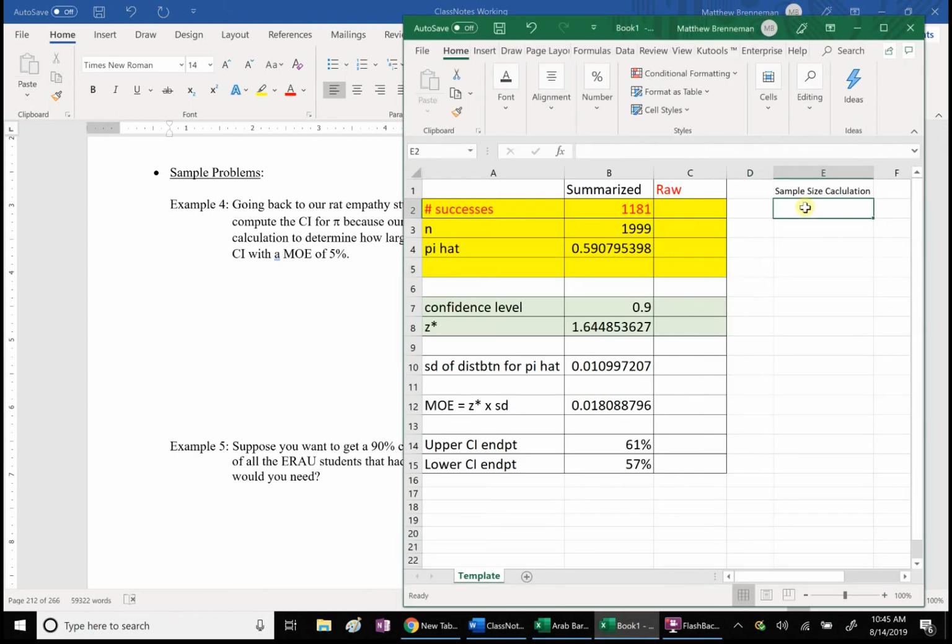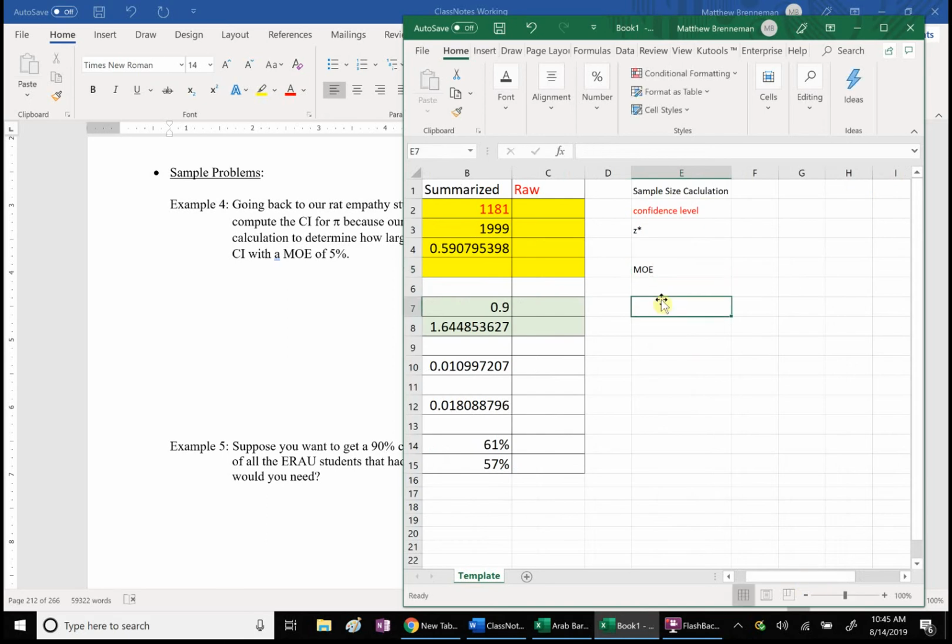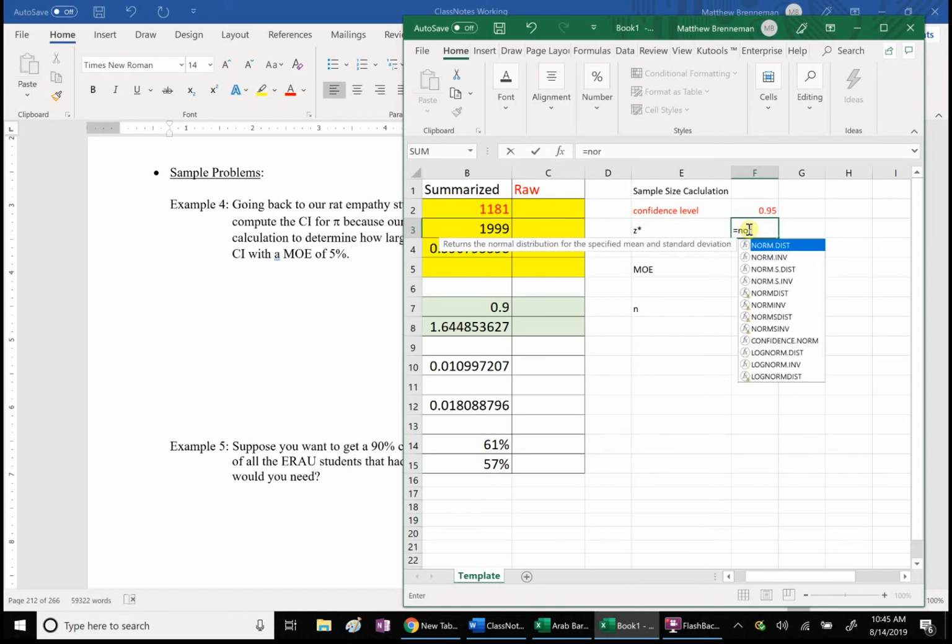So here, we're going to say that our confidence level we're going to enter here, and that's going to give us our z-score. And then we're going to go ahead and enter the margin of error that's given. And then finally, we're going to compute our sample size. So the confidence level in this problem was 95%. Again, we're going to compute the z-score from the